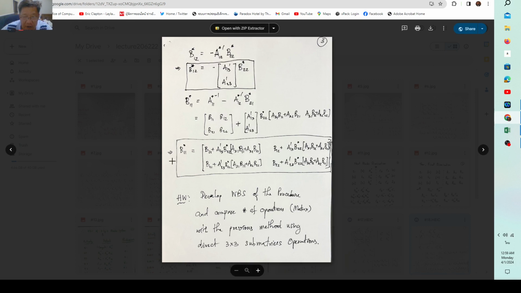Like B11, the original here is B11 plus this one, it multiplies this A13 palm times B22 palm times this. The summation of these two matrix multiplications becomes the first element here of B11, right? And B12, B21, B22, in a similar fashion. Okay, so